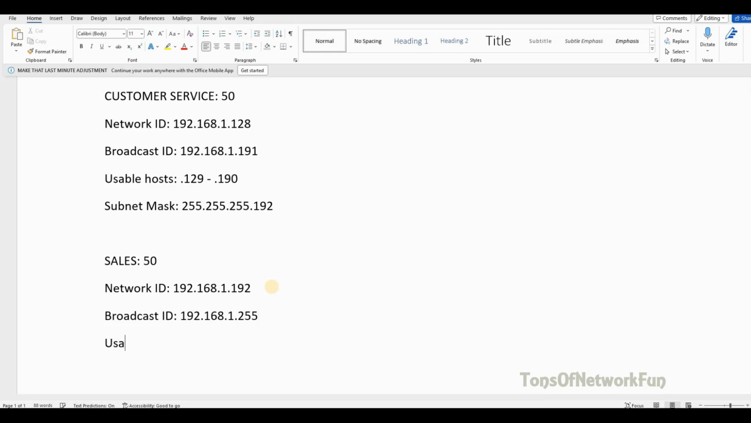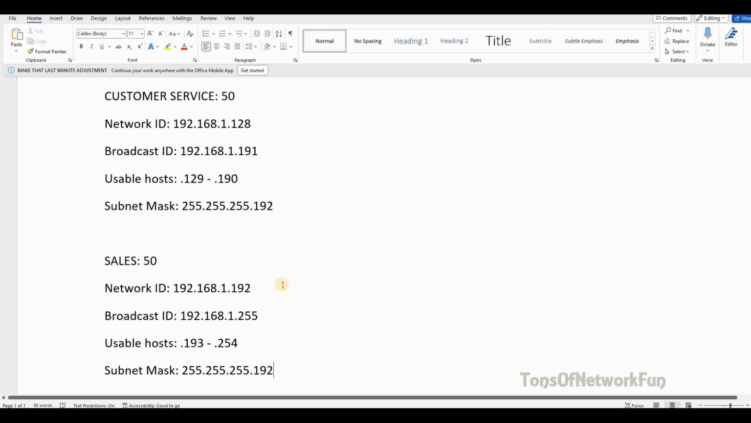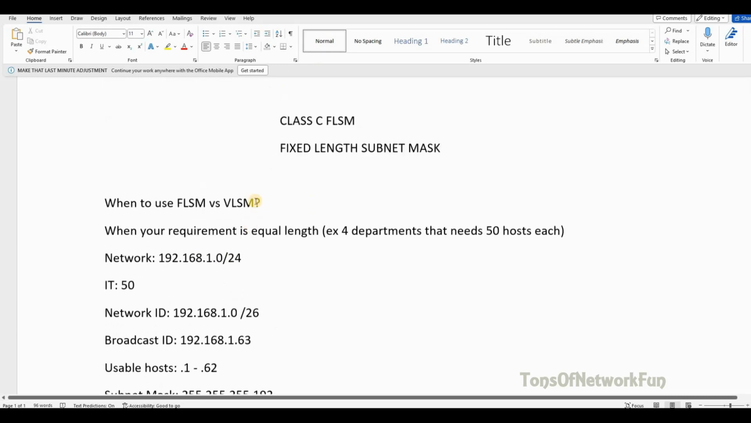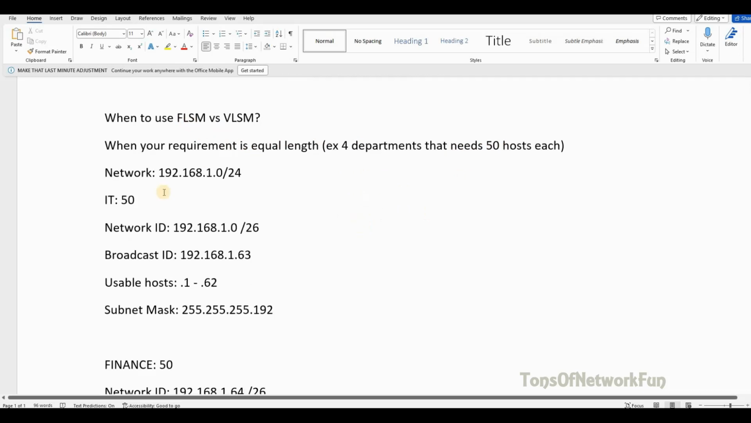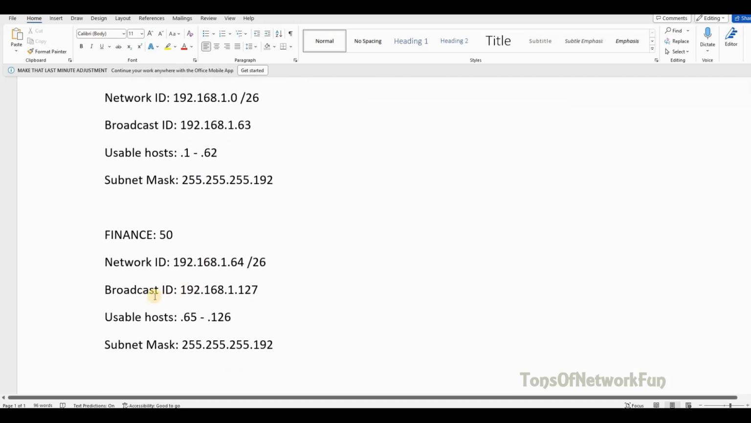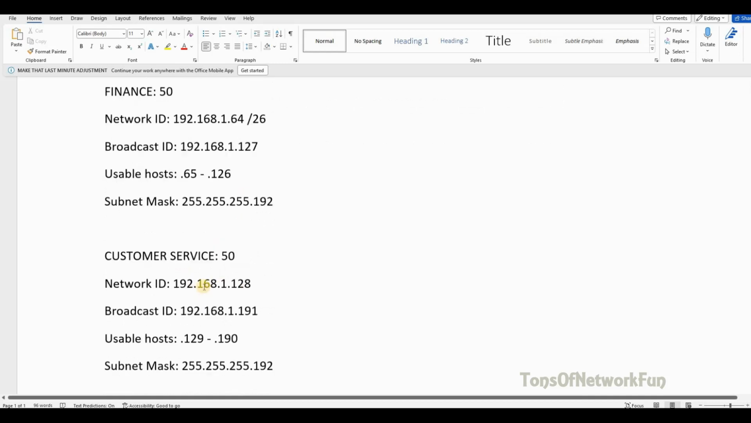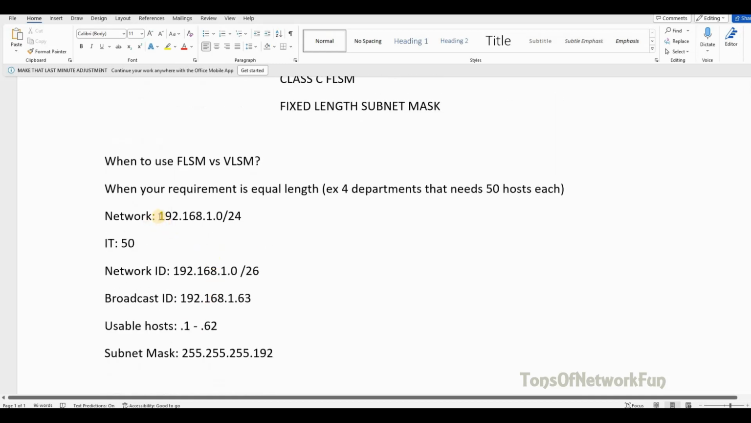Usable host dot 193 until dot 254. Subnet mask 255.255.255.192. So this is how you would work the requirements when you get it like this. You have equal length subnet mask, right, or fixed length subnet mask. So we needed 50 hosts each. So we broke it down like this for each department, and what was given to us was a class C address